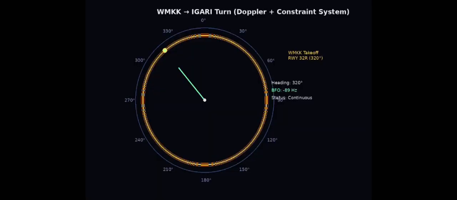What you're looking at here is the aircraft's heading mapped directly against the Doppler signal. This is where motion becomes measurable. At takeoff from WMKK, the aircraft is pointed at 320 degrees. That direction isn't just a heading on a compass, it's also a direction relative to the satellite. Now here's the key. The BFO value, -114 Hertz, tells us the aircraft is moving away from the satellite. So what this image is doing, it's locking those two ideas together. The compass heading, 270 degrees. And the Doppler shift, -140 Hertz,